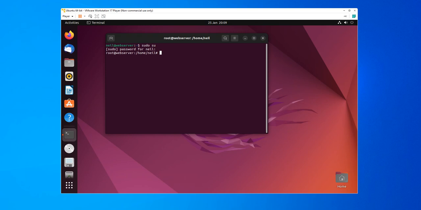So if I do users-admin, it says not found, but can be installed with apt install gnome-system-tools. So that's basically saying install a better package. So if I do apt install gnome-system-tools,